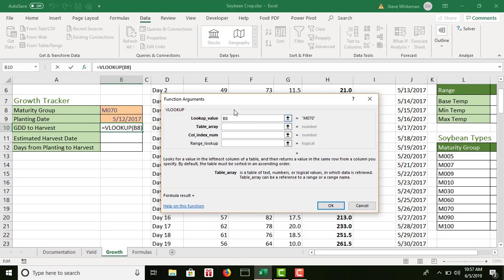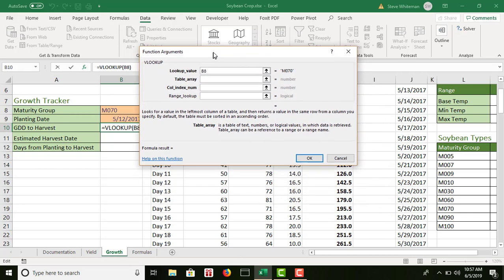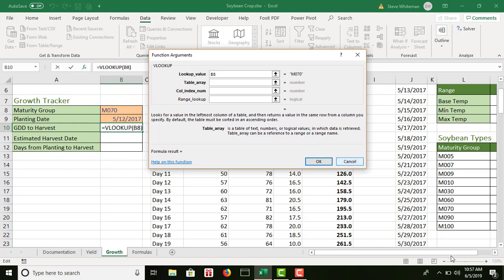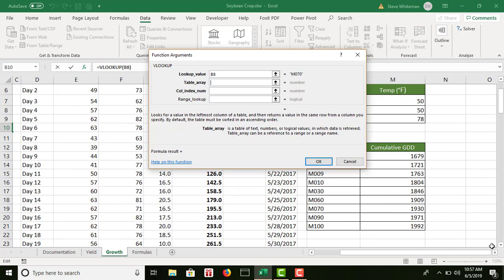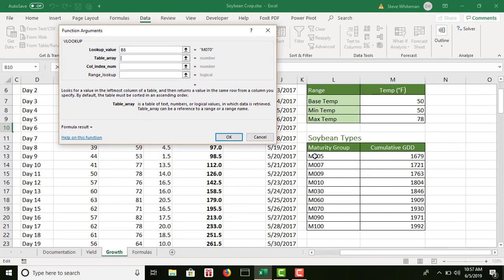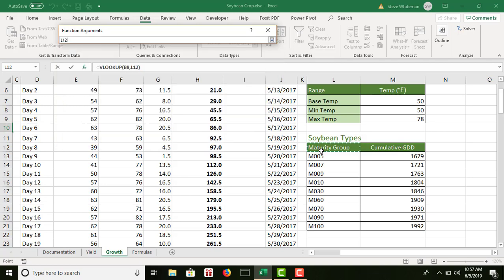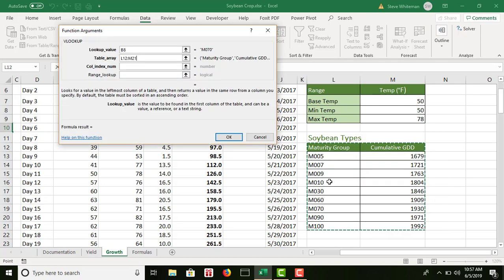Table array. Nobody likes the word array, but all they're simply saying here is what's the range of the table that has all this data? Well, it is over here. It is L12. Okay, let me move this out of the way. It's L12 down to M21. So we just select that range. That was the hint that they gave us in the instructions. It says in the instructions, hint, the range L12 to M21 displays the cumulative GDD for each